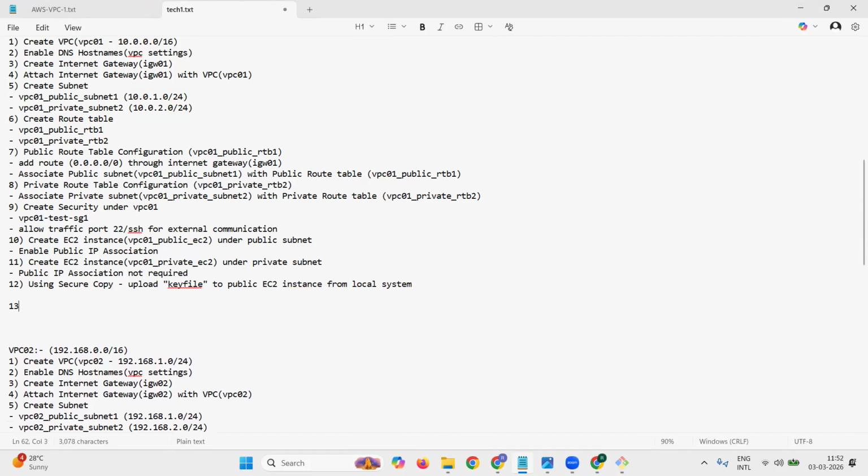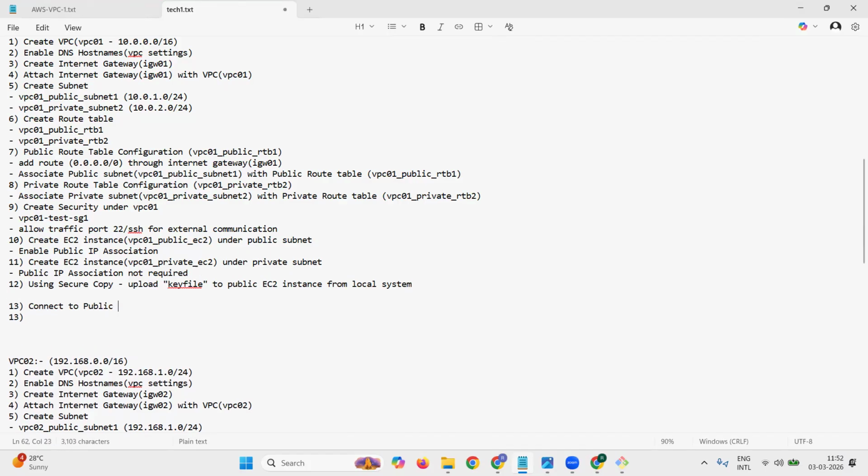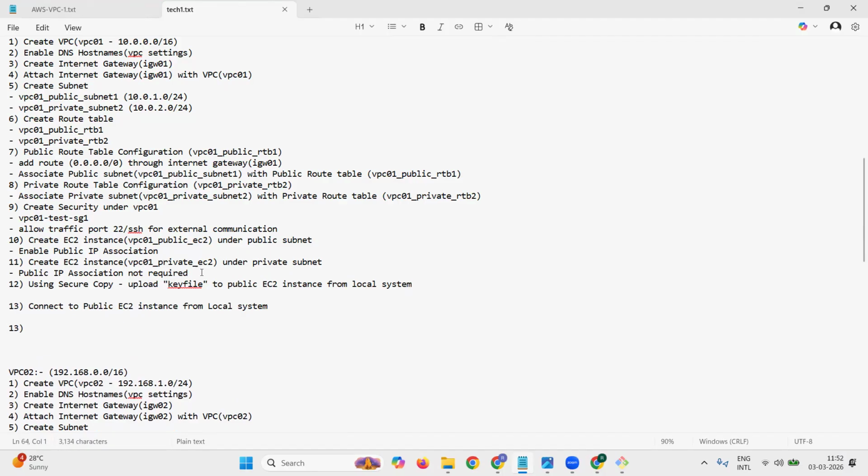That is step 2. Then 13 would be connect to public EC2 instance from local system. 14 would be